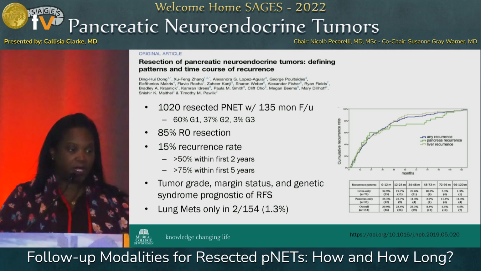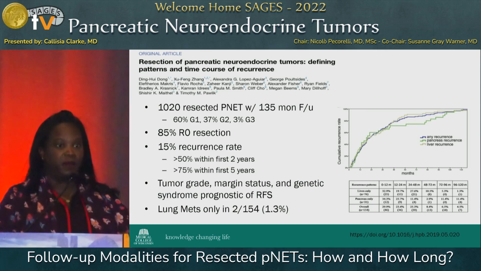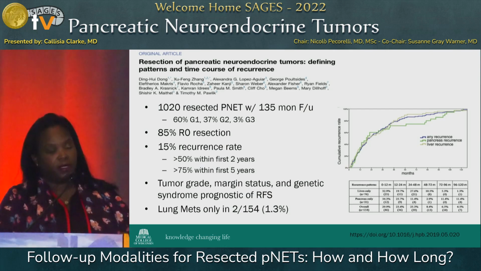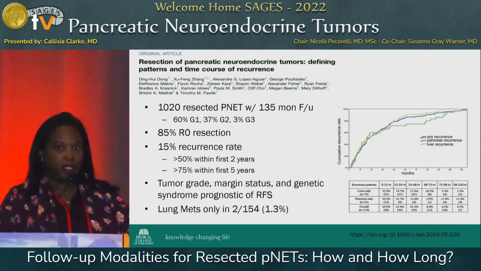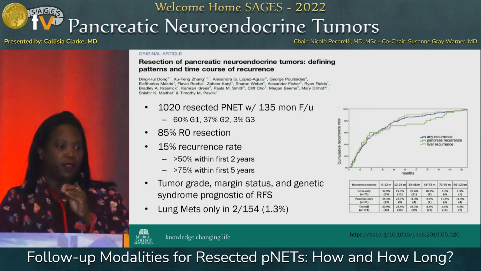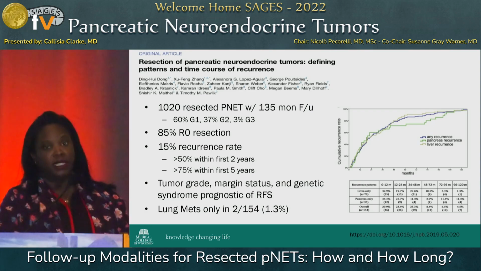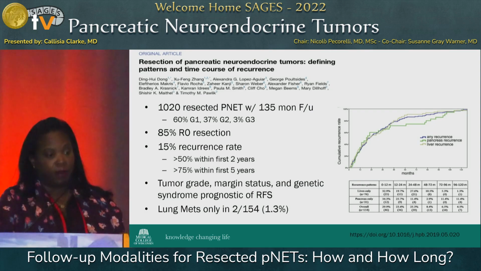This is a retrospective multi-institutional study that looked at over 1,000 resected pancreatic neuroendocrine tumors, both functional and non-functional, and they had a median follow-up of about 135 months, so very long follow-up. The mix of this patient population was quite good. About 30% of these were G1 tumors, 37% were G2 tumors, and about 3% were G3 tumors. 85% of the patients underwent R0 resection, and the overall recurrence rate over the study period was only 15%, so